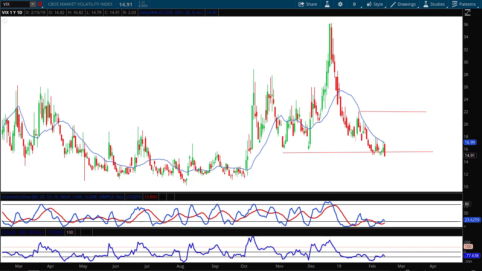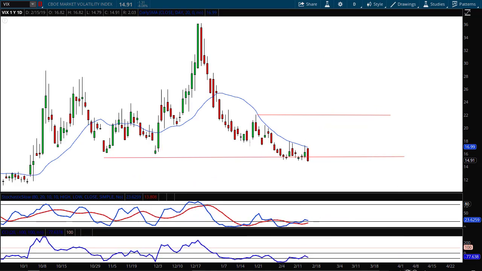I'm AJ Monty. This is a one-year daily candle chart of the CBOE Market Volatility Index, ticker symbol VIX. And I've left my lines on the chart from last week so you can see where the range is. I could also say where the range was. And these parallel lines were drawn from the high back here in January and the lows drawing support. It's a flatline support connecting as many of these lows as possible.